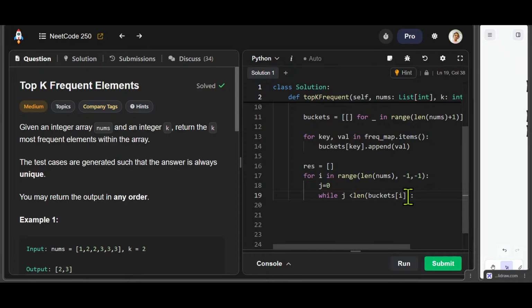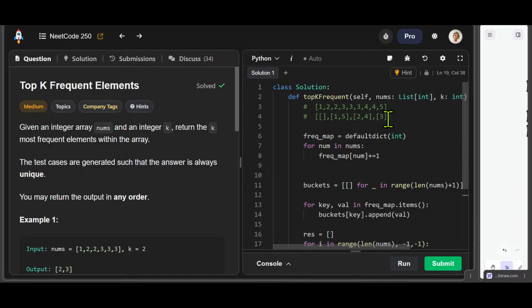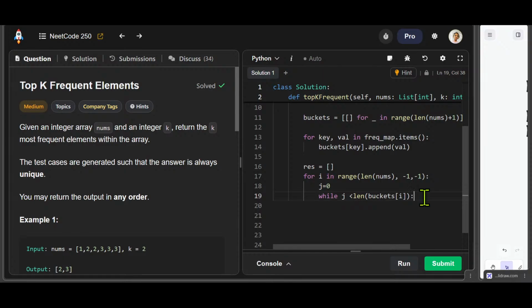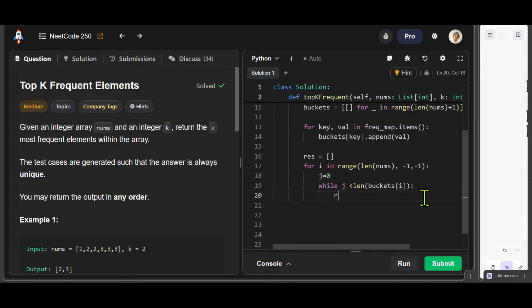Well, check the length. So now if we are going across each of these buckets, one bucket at a time. Now if it is less than the length of buckets, we will append